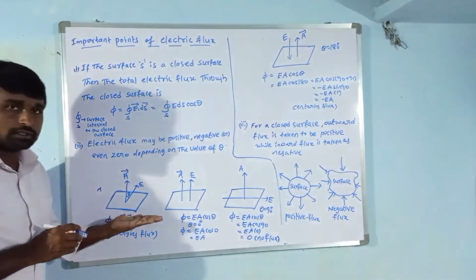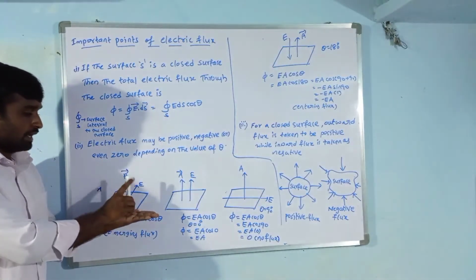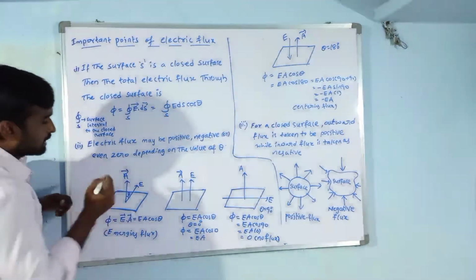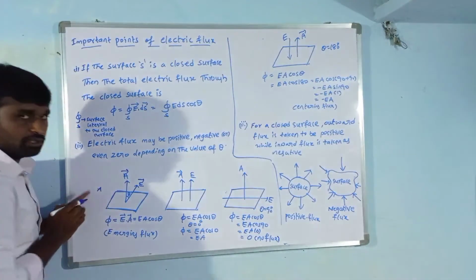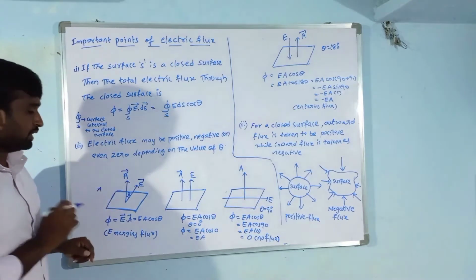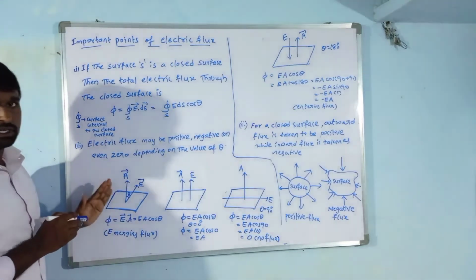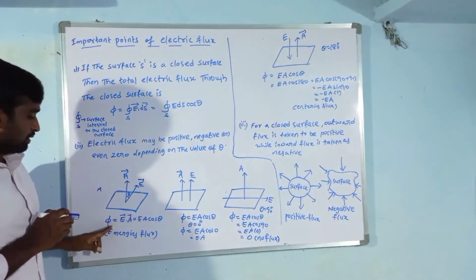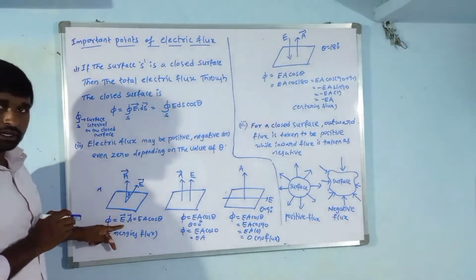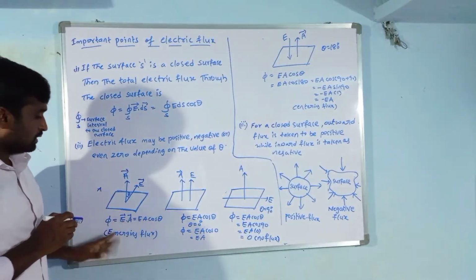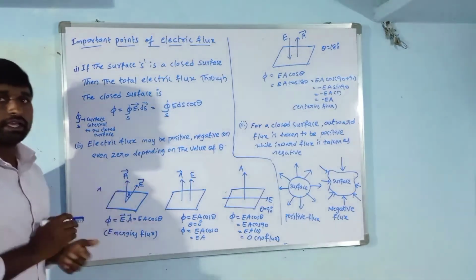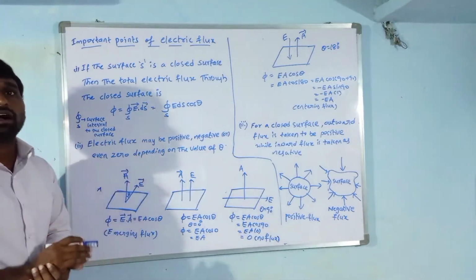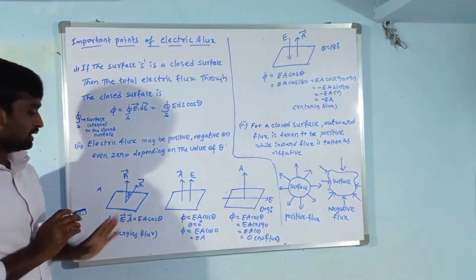So the surface position is like this, and this is the direction of the area vector, and this is the direction of the electric field. There is an angle between these two, the angle between the area vector and the electric field, that is theta. In this situation, what is the electric flux? The electric flux linked with this area element is phi equal to E dot A. When we remove this dot, we can take cos theta: EA cos theta. This is called emerging flux. Flux is emerging out from the surface.